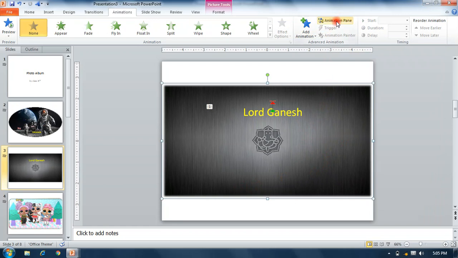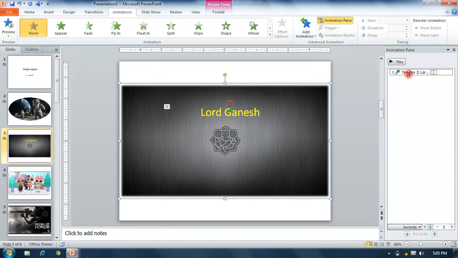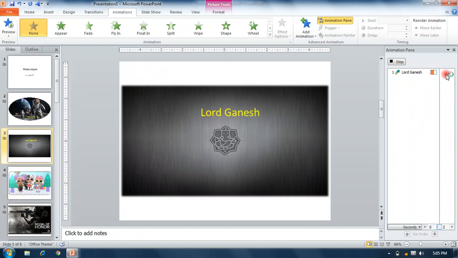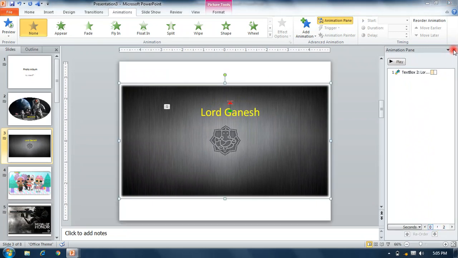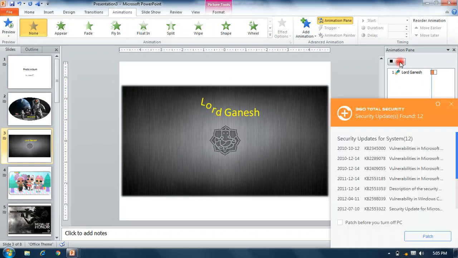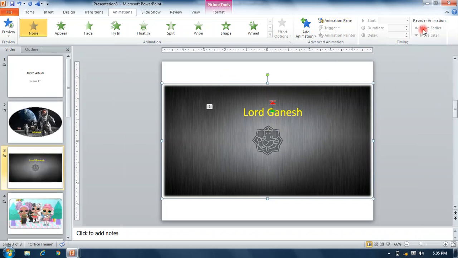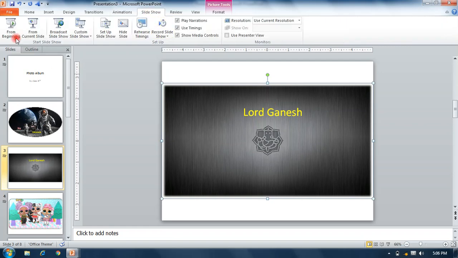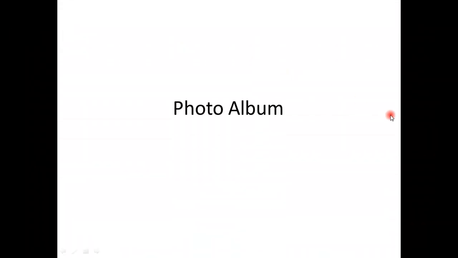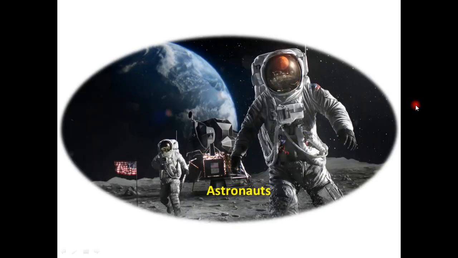So this is the Animation Pane which shows which type of animation you have applied, and by using this Play button we can see that animation is applied. Okay, so from Slide Show we can start from the beginning.